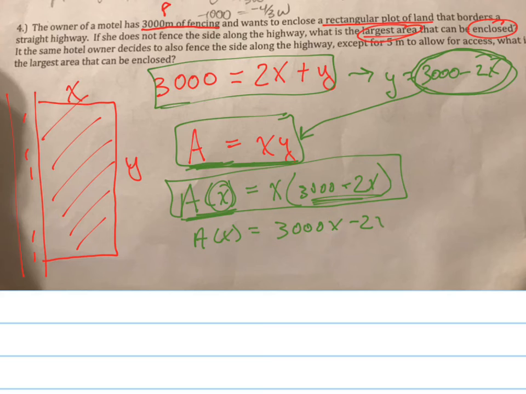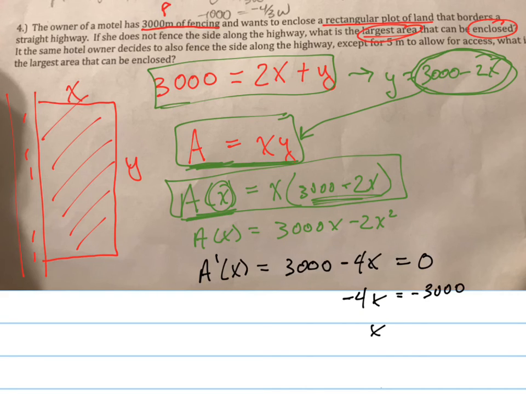3,000x minus 2x squared. Now let's take the derivative. That would be 3,000 minus 4x. Got it? And how do I know the max or the min? By setting it equal to 0. Good. So negative 4x equals negative 3,000. X equals,